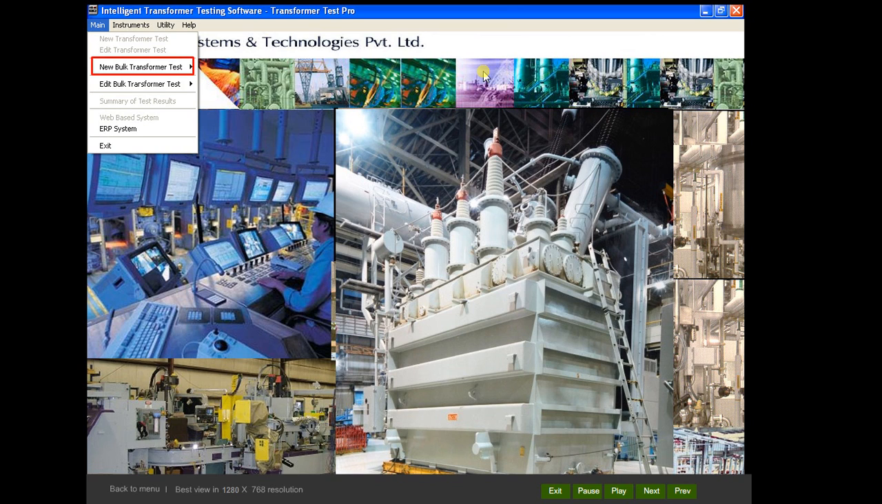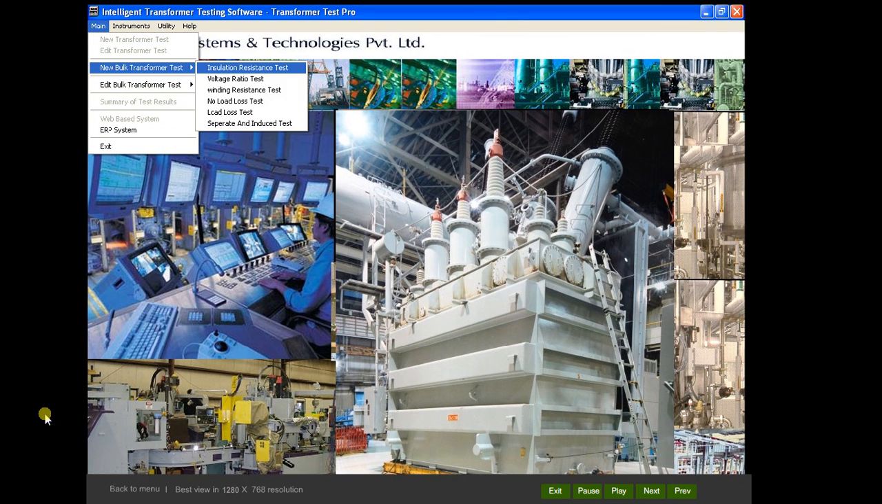New bulk transformer test is to test newly manufactured transformers in lots, and edit bulk transformer test is to retrieve and edit the information of pre-tested transformers in lots. To test the new transformers in bulk, click on New Bulk Transformer Test and select the test which you wish to conduct. It includes all routine tests like insulation resistance,